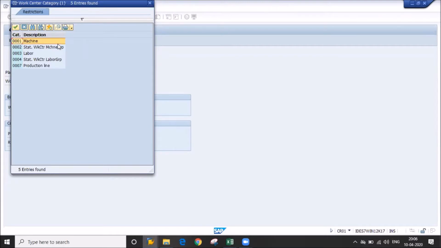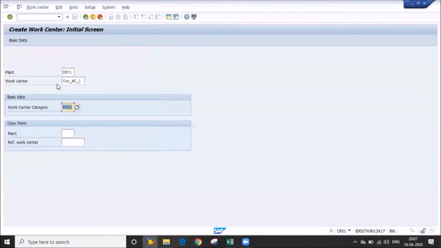Try to understand what a work center is. A work center is where our operation is performed. Suppose you are working on a laptop and you are going to map it into SAP. I am a labor, I am a worker, and this place is the work center. What activities am I performing? Suppose I am creating the Excel sheet, I am making it into SAP. That is my activity. Understood?